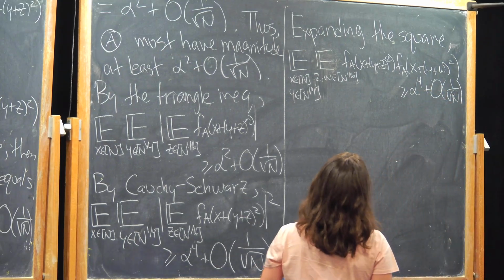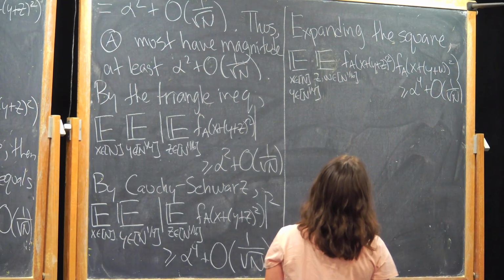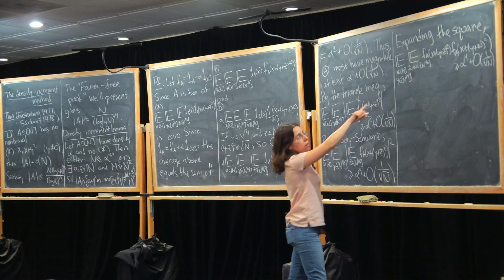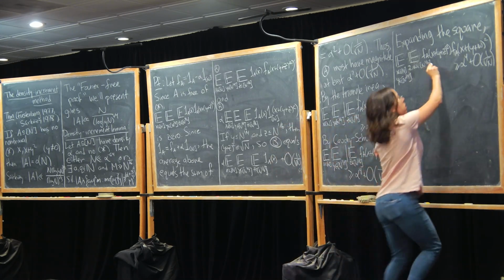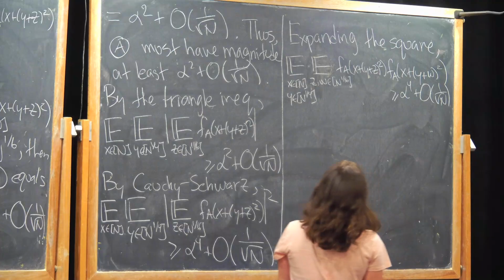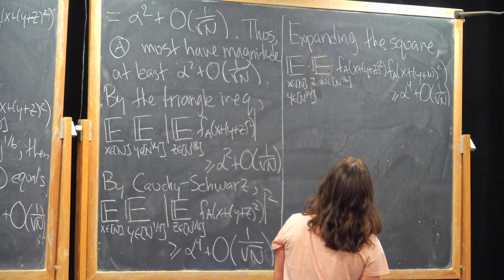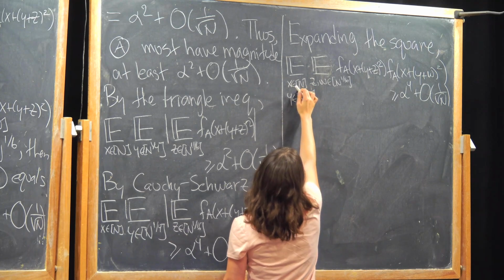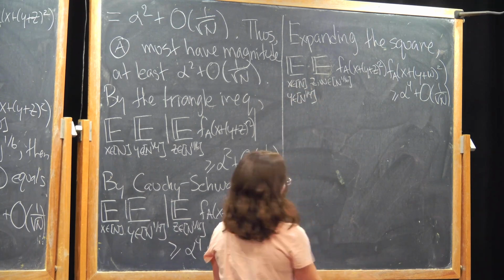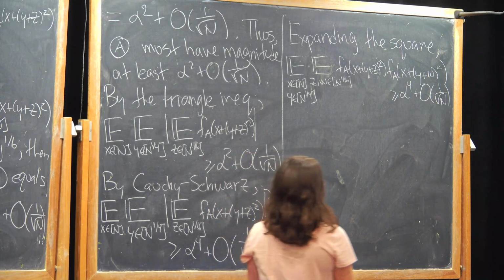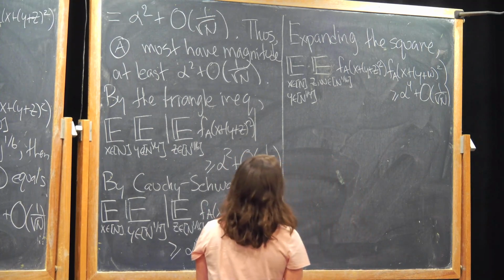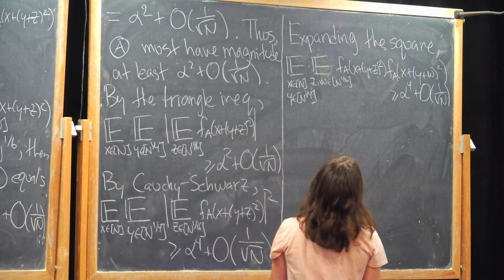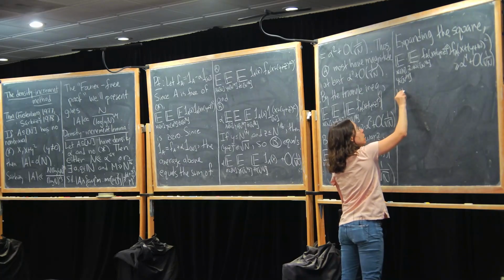Okay. So now what I want to do is change variables in x. So subtract y plus c squared from both of these instances of x. But I have to be a bit careful because this average is restricted to x over just the first n integers. I don't have a sum over the entire group. But I can rectify that by inserting in an indicator function of the first n integers. So we can write